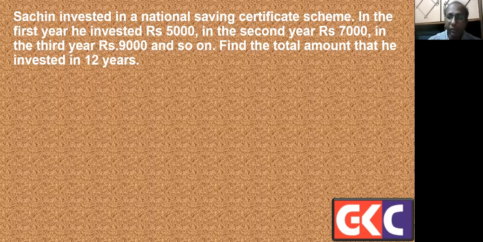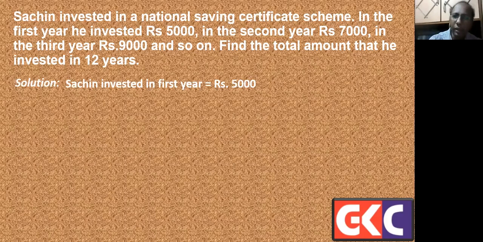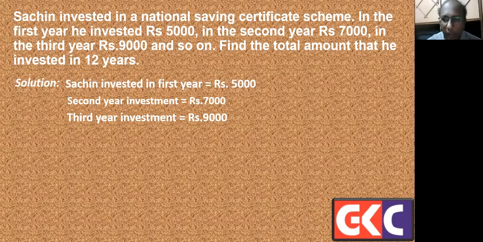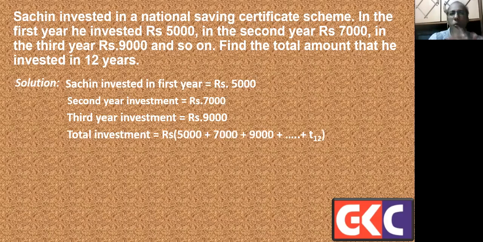The amount invested in the first year is rupees 5,000. Amount invested in the second year, rupees 7,000. Next, the amount invested is rupees 9,000. ओके अब ये तीन इसमें अमाउंट इन्वेस्टेड हो गया, मतलब अपना AP है 5,000, 7,000, 9,000 और so on, till T12. T12 तक समझ में आया? Because 12th year में कितना invest किया, we don't know, we can calculate